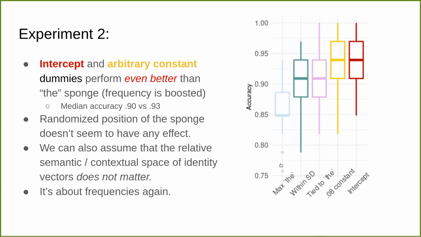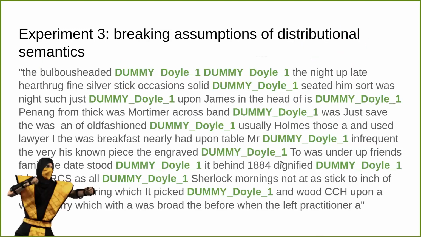And obviously, you can assume that if we already randomize the distribution of the identity word, and if we shuffle the text, absolutely breaking all assumptions of distributional semantics, it also wouldn't have a large effect on it, or would it? The reference to Mortal Kombat represents what we think we do to the distributional models, but obviously language is much more versatile than we think, and the frequencies would still drive the classification based on the identity vectors to success. So we now absolutely randomize the dummy position of the word.